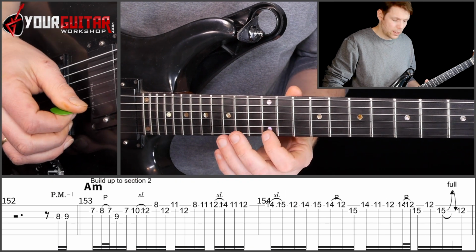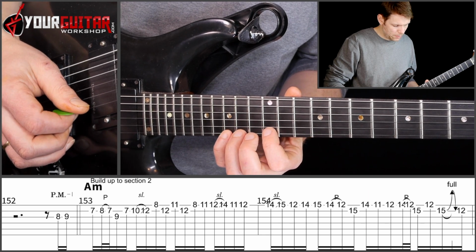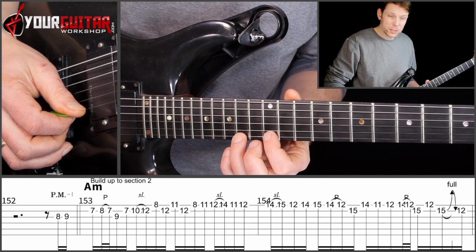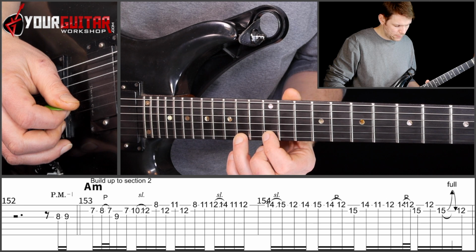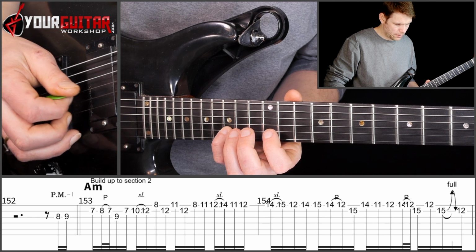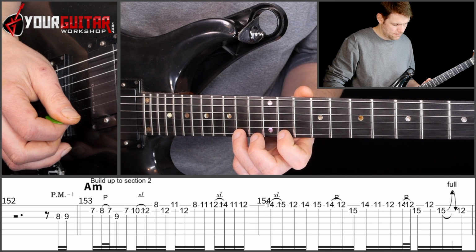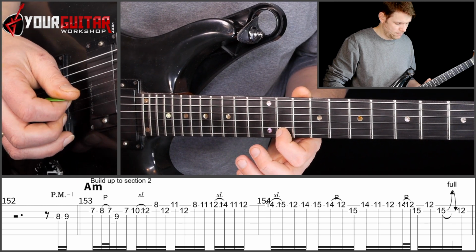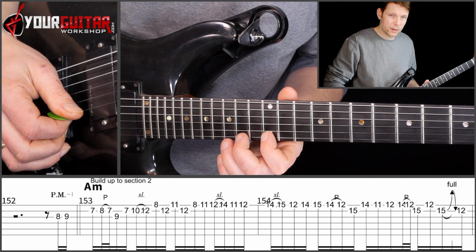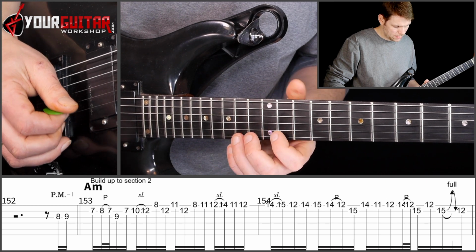Then you play 12 with your index finger, to ring finger 14, and then pinky 15, to ring finger 14, make a pull off to 12, then pinky plays B in 15th, then ring finger 14 on that E, to index finger 11, then index finger 12, then ring finger or middle finger 14 on that E, make a pull off like this,